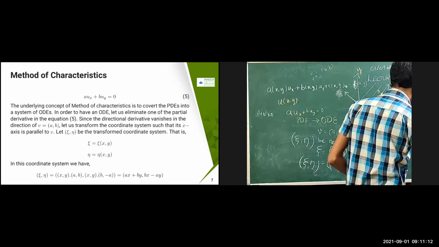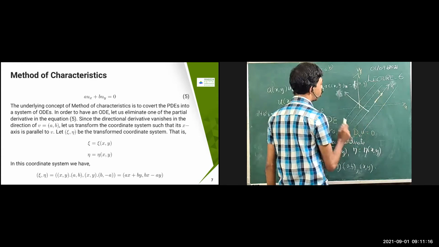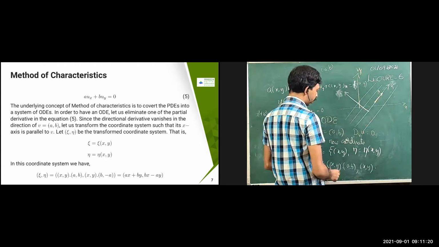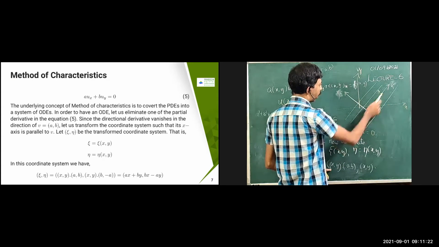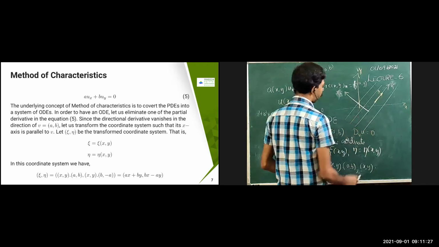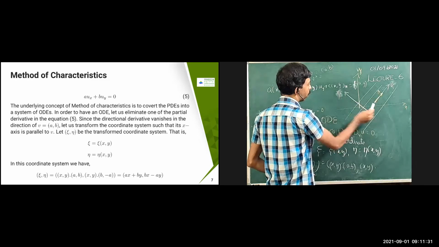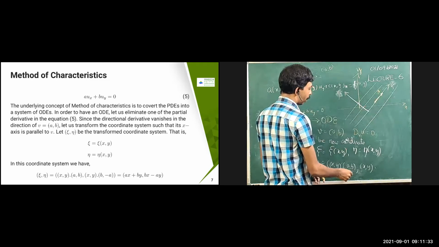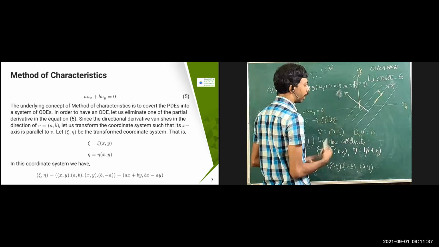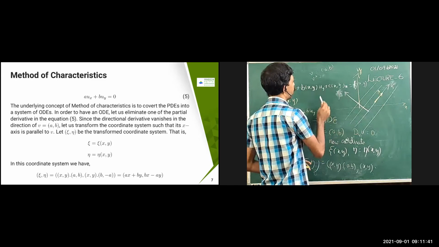What is the perpendicular vector for this one? V equal to a comma b. So I've got to find this new transformed coordinate system. If I take x comma y comma a comma b, I'm going to get this coordinate. Then this one I've got to find, the perpendicular to this vector. So x comma y comma a comma b is going to be the parallel one, and x comma y comma this one I've got to find is going to be the perpendicular one. So what is the perpendicular vector to v equal to a comma b?